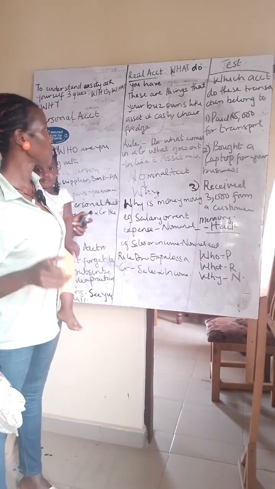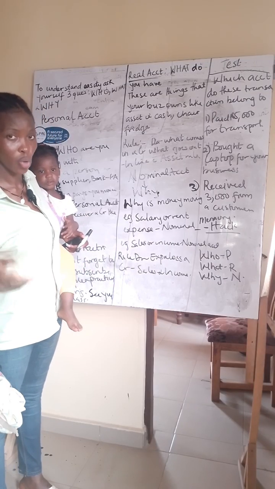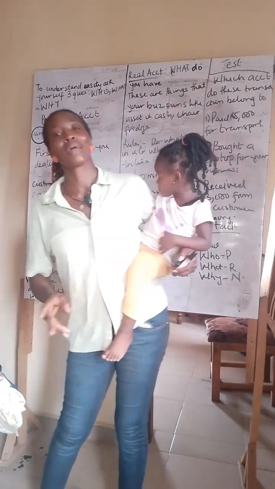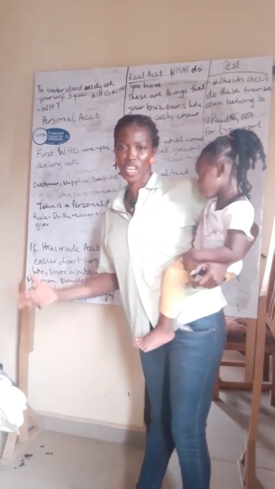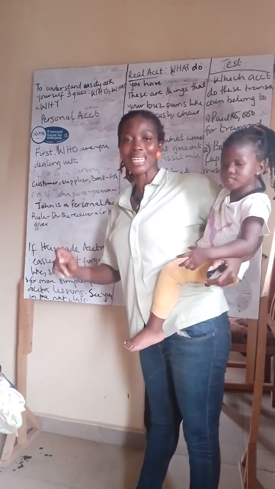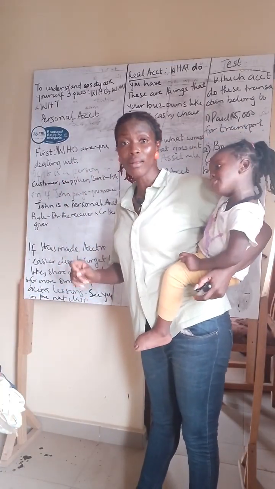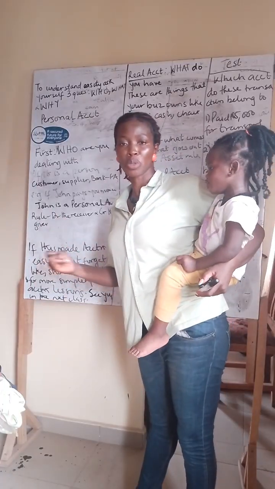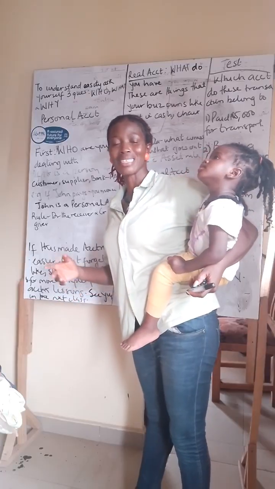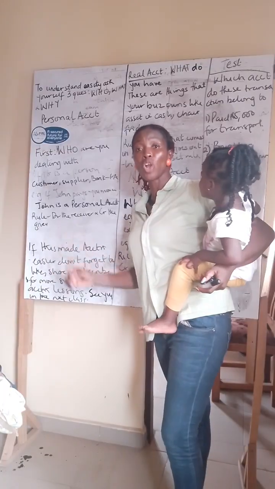So that would tell you that it's a real account anytime it has to do with what the business has. So I'll take it back to our story. We're told that I had to buy a fridge and chairs for the business. Those purchases ended up becoming the assets of the company, and those transactions are real accounts. The fridge that was purchased and the chairs that I purchased in the story I gave you earlier are instances of assets that I purchased. And because they are assets and they belong to the business,